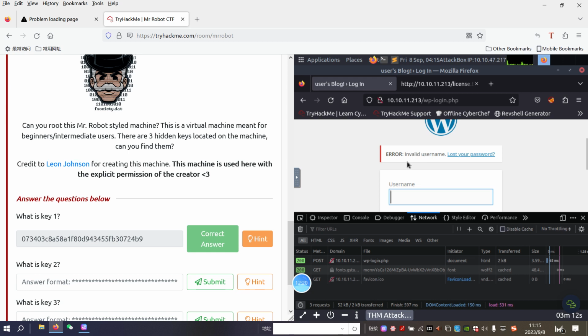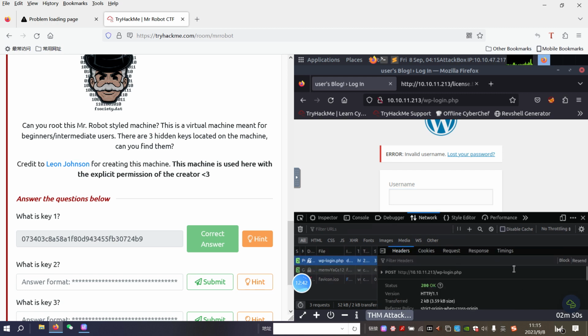So I think this is the point we can utilize to crack the username. Because if you supply an invalid username, the server will give us this explicit error message. So we can go to the post request and get the URL, and